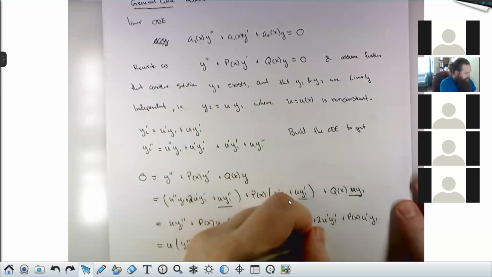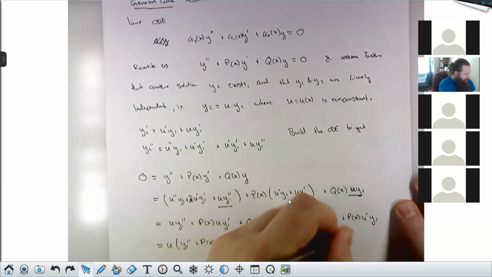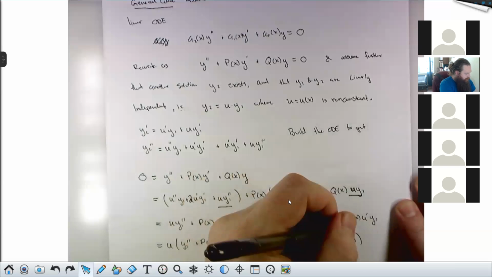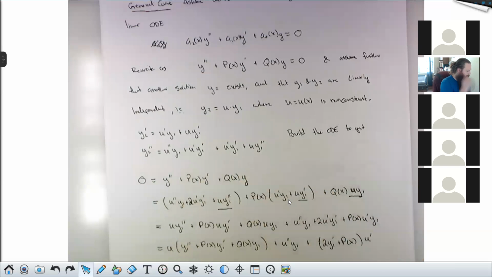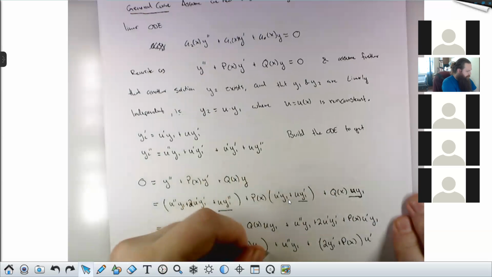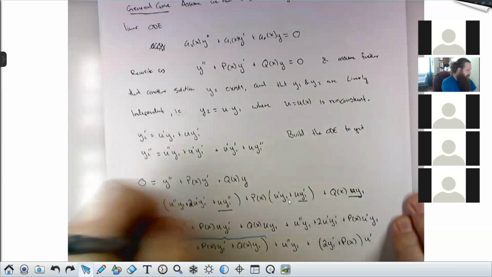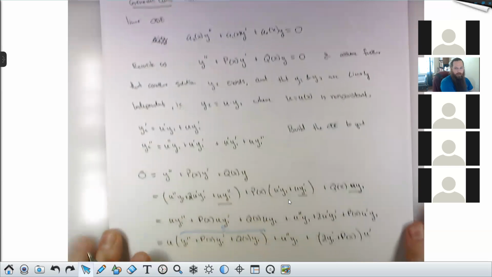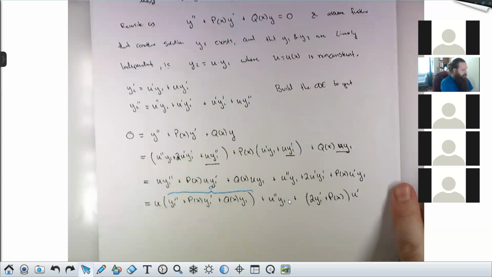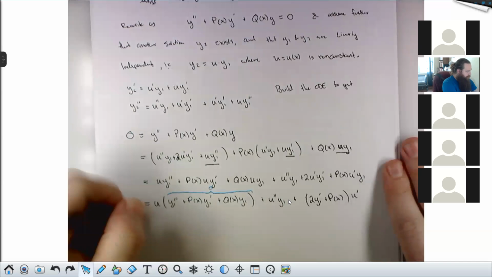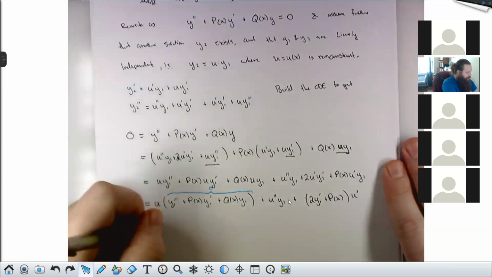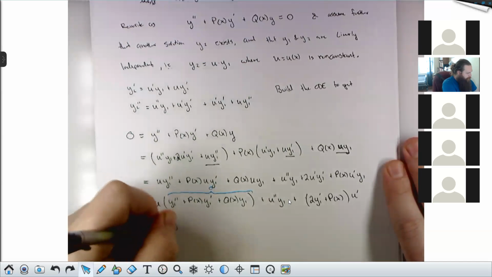Plus, I'll put the coefficients out front. This is 2y1 prime plus p of x, all times u prime. This piece we know is 0, because y1 is a solution to the original differential equation. This is the original differential equation with y1 plugged in. So that whole first term goes away, and we get u double prime times y1